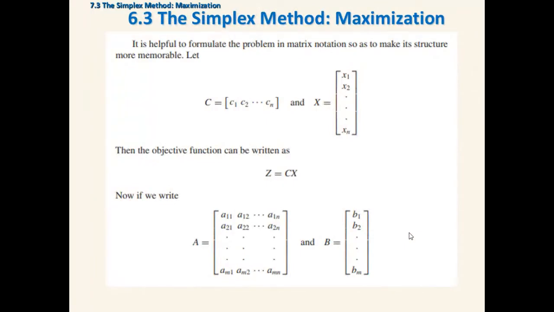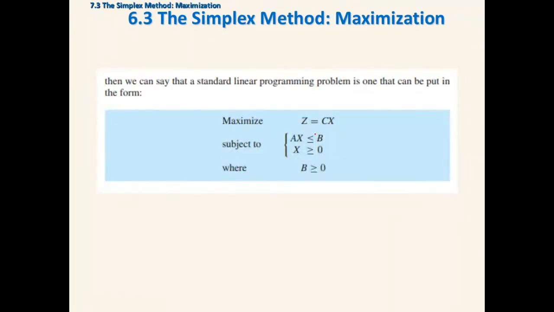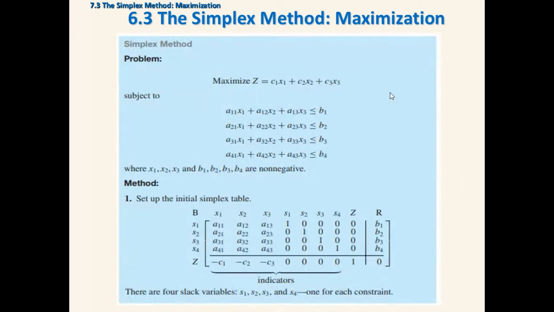So that's what is given here. In the linear program, C is the coefficient matrix of the objective function. X is a variable vector. Now we can write z equals c times x, and you will collect the coefficients as a body matrix A, and the right hand side matrix B as a column vector. Then this is the matrix form of the linear programming problem, right? And the simplex method has been explained here.